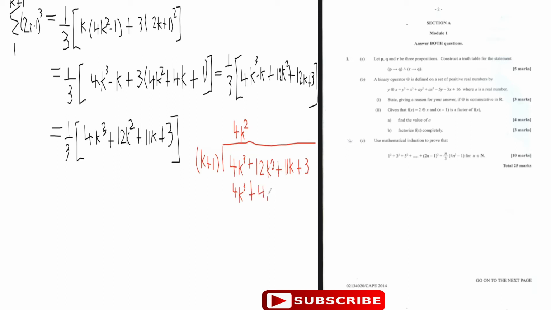Then we're going to subtract these two statements from each other. When we subtract, always put a bracket before you do your subtraction. You get 12k squared minus 4k squared is 8k squared. The 4k cubes cancel, so you have 8k squared plus 11k, and then k into 8k squared is going to be plus 8k,